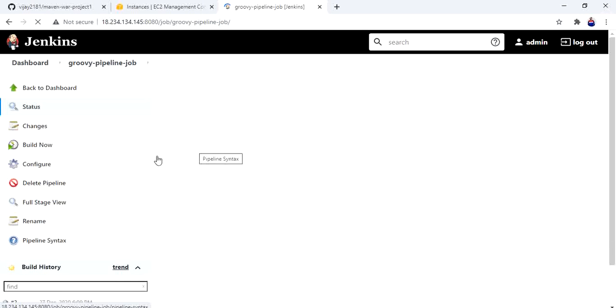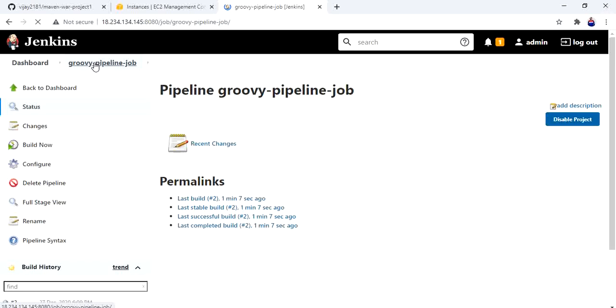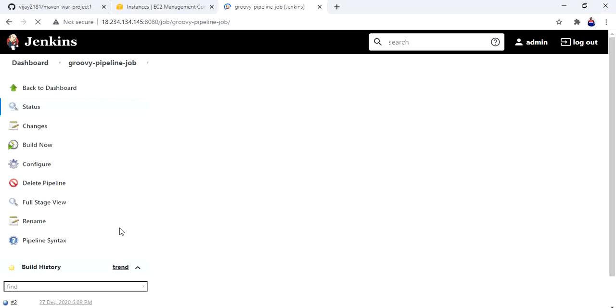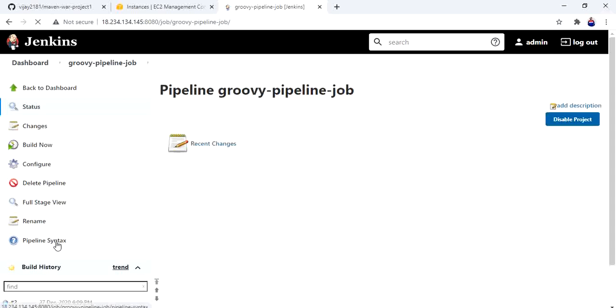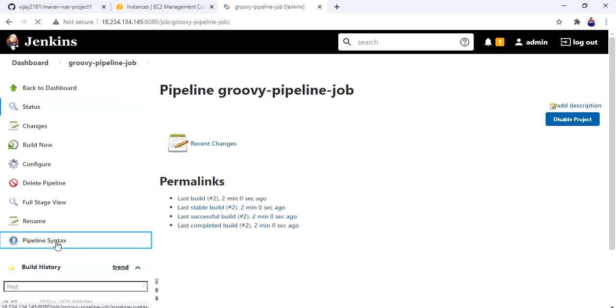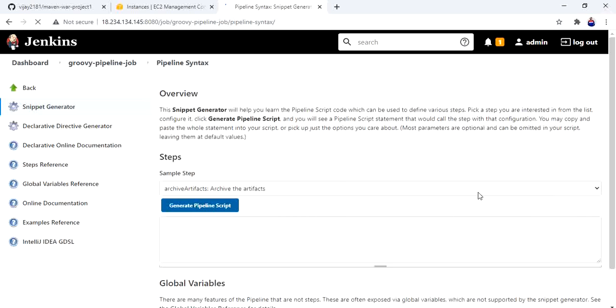go to, you may not remember all the syntax, right? That's why Jenkins is providing pipeline syntax, so that you can go and state your requirements. It will give you a scripted pipeline. Go to pipeline syntax. Okay, here